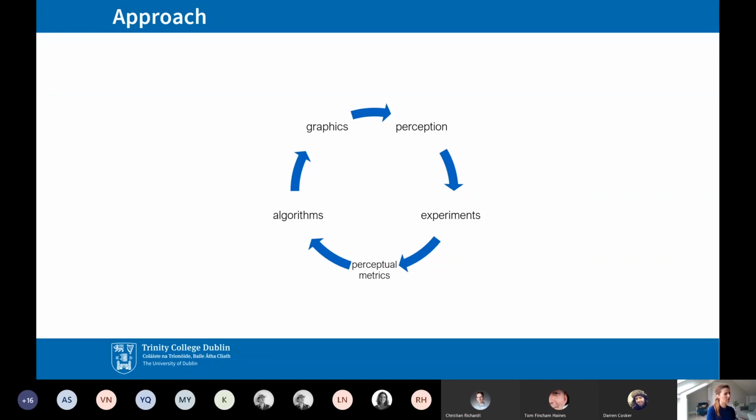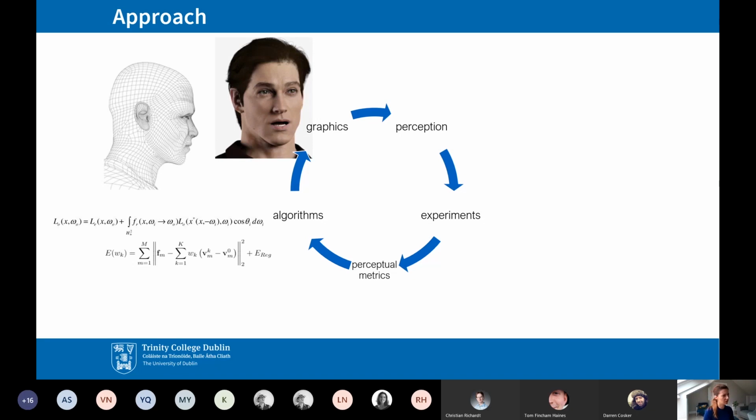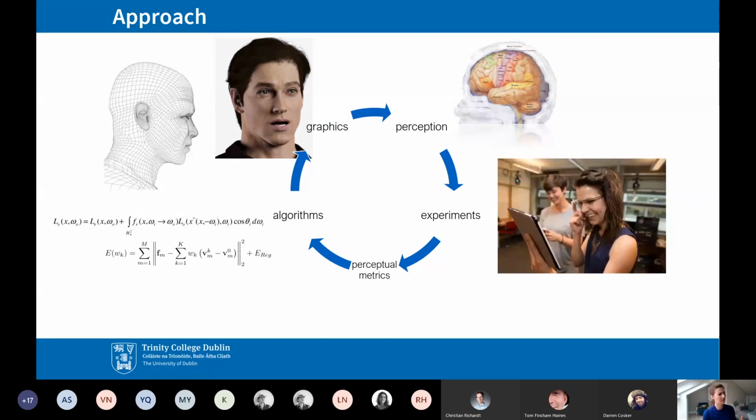So now to the approach that we overall generally take with regard to investigating realism. I suppose it all starts with the algorithms that generate the high resolution graphics, whether it's the algorithms for the blend shapes or for the lighting equation or whatever it is that these feed into the graphics. Then we think about visual perception and how we perceive the resulting graphics. So we might run some experiments, asking people, for example, how realistic is this? And this can help us then to feed back into the graphics to decide what parameters to use, or to generate perceptual metrics, which allow us then to, for example, alter the algorithms for effects that are potentially computationally expensive,